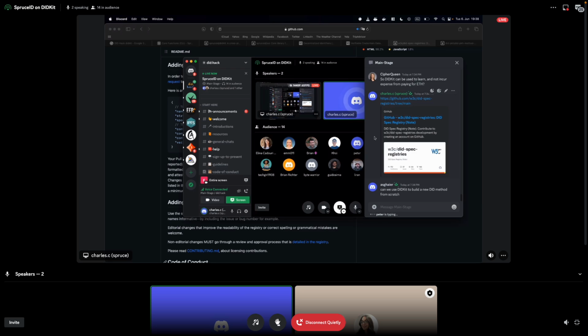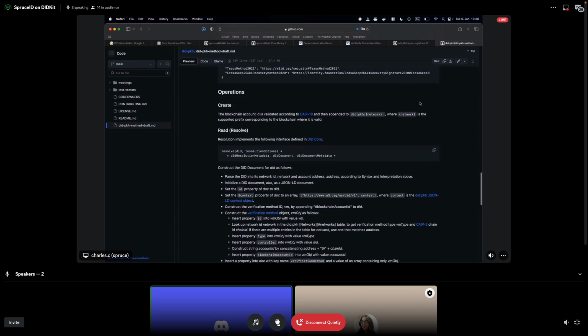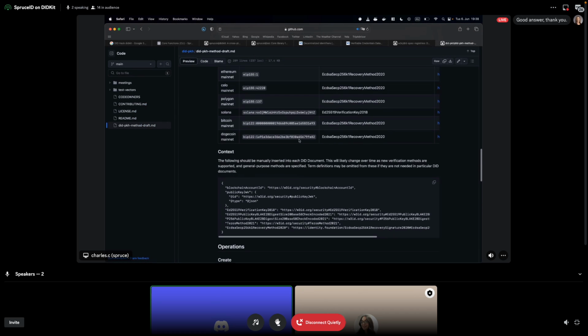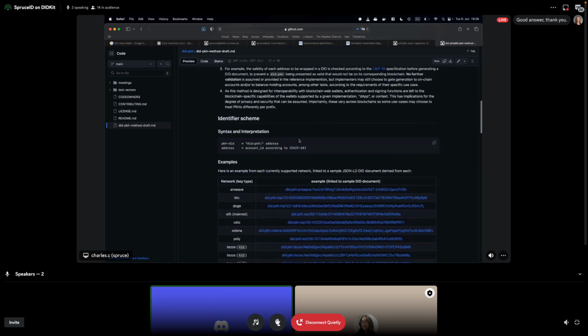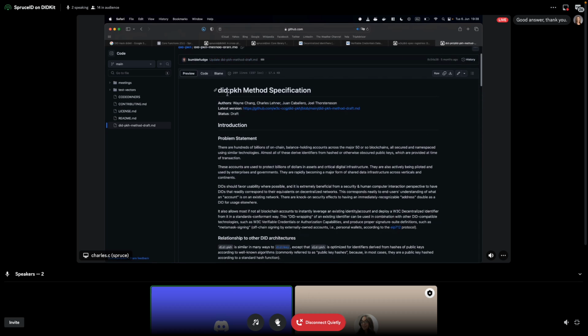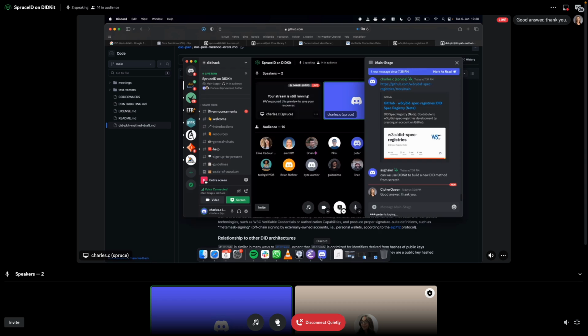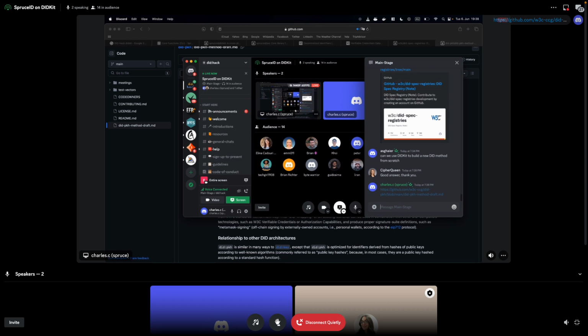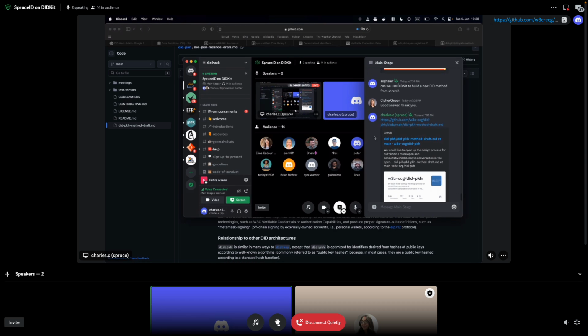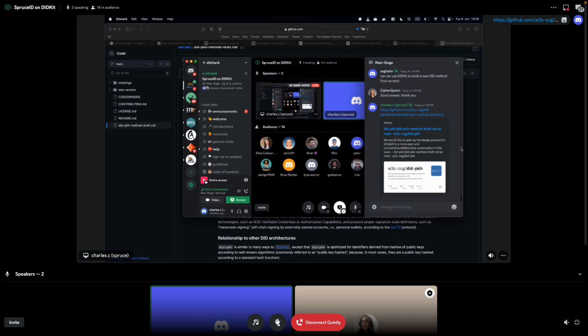So what you would need to do, first, is define your DID method, which just means plan out how it's going to work and write a method specification. This is a really good example, so I'm going to drop it in the chat. It's one that we worked on at Spruce, DIDKit. It maps any blockchain identifier, any blockchain account, to a DID document,